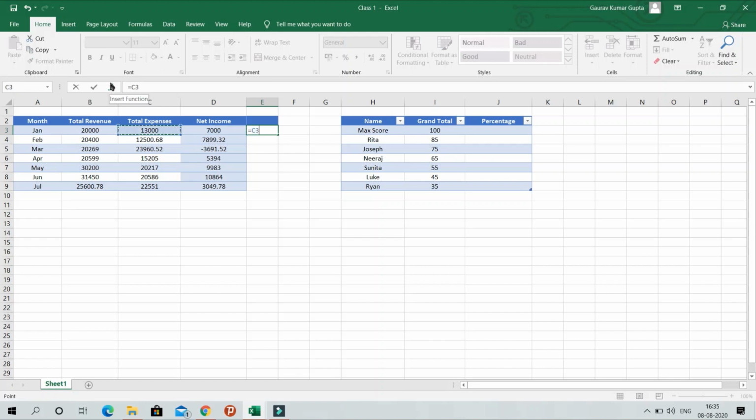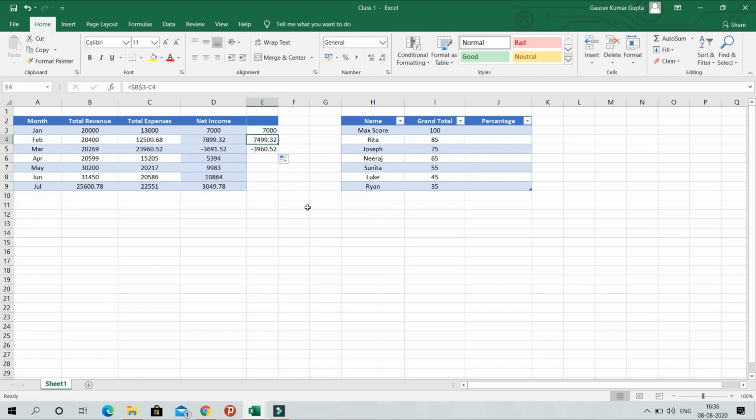Here if I fix this value 20,000, how do I fix the value? If you press Fn plus F4, Fn you will find below beside your Windows key, and F4. If you type Fn plus F4, you will lock the cell. So that will be fixed. I have fixed the cell, minus, I will be subtracting this. 7,000 is correct. If I drag it down, as I told you,